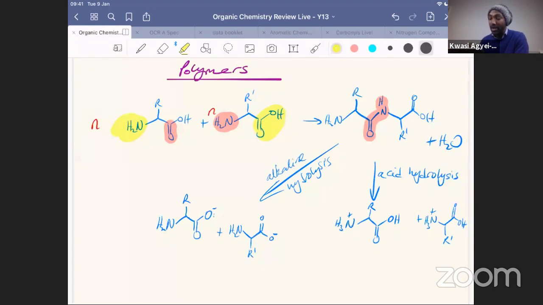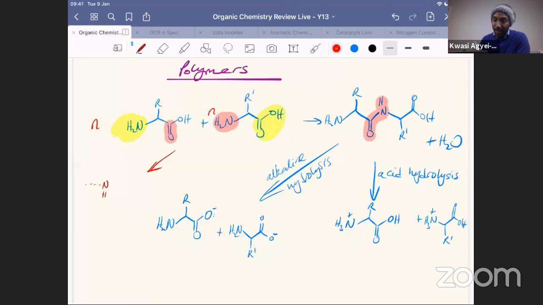Let's redraw that here. If we had that happening, you would form a polymer that would have as its repeating unit